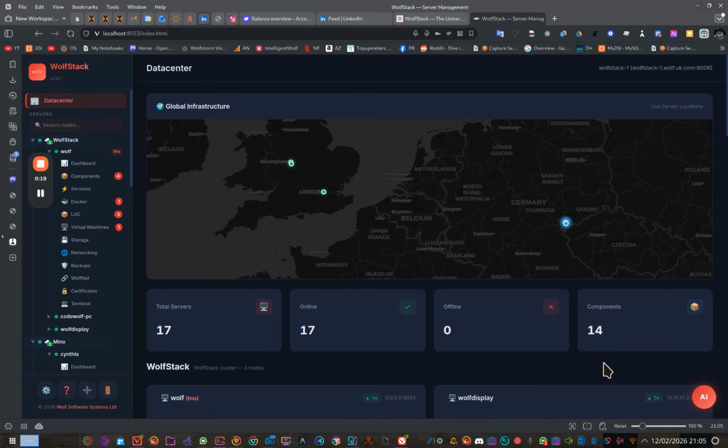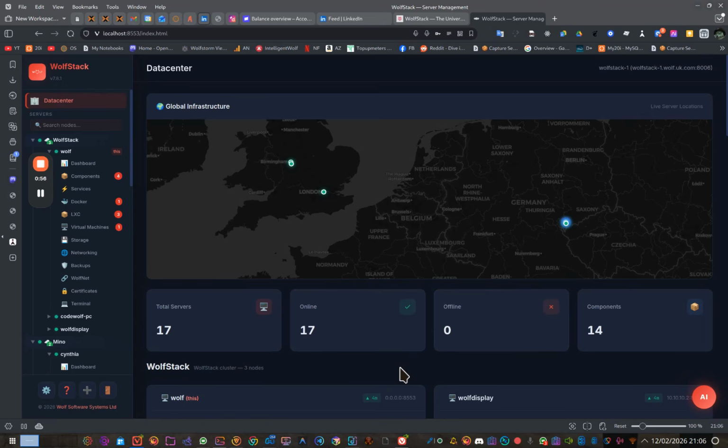So, Wolf Software Systems, we built something called Code Wolf, which we use for migrating and translating literally millions of lines of clients' code. And we also run quite a few servers, and we have quite a few Proxmox clusters. However, we found that Proxmox is just too slow. It's not difficult, but there's just lots of gotchas with it. And for what we need, we decided some time ago that we were going to build our own clustering software for managing servers, Proxmox,